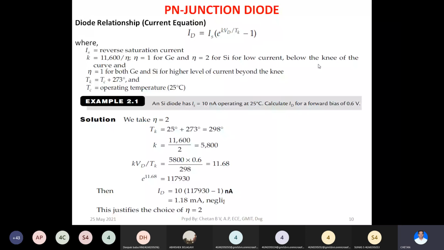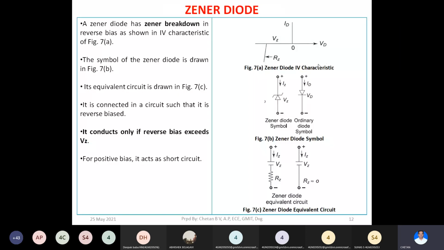So what is this Zener diode? See, this Zener diode is also a PN junction diode where the doping concentration of P type semiconductor and N type semiconductor is very high. This will result in smaller width of depletion region, so that the reverse breakdown voltage will be as low as 5 volt or 10 volt. So this Zener diode is meant to be used in the reverse biased condition.